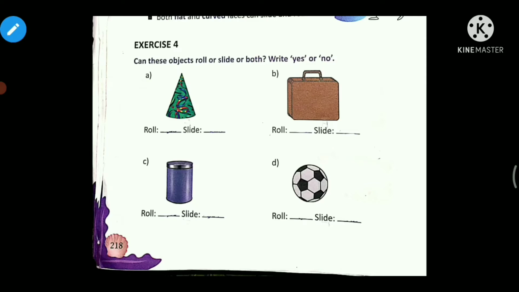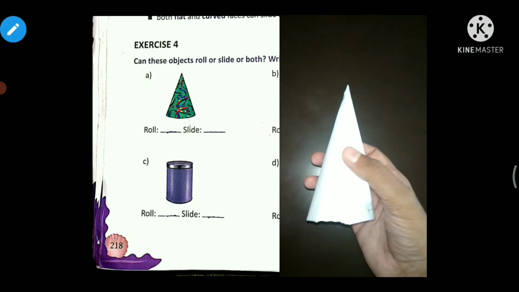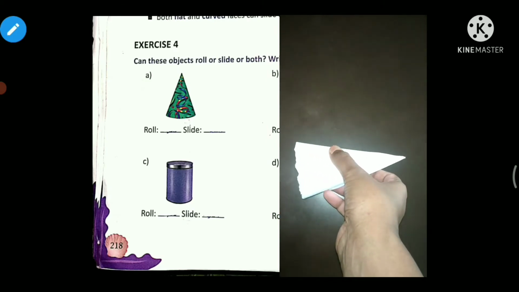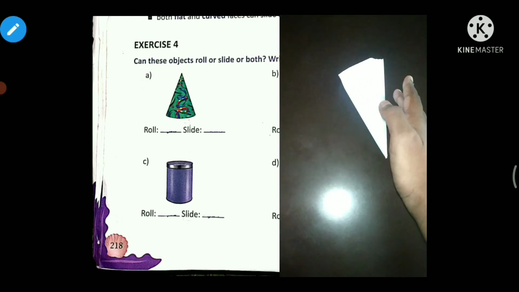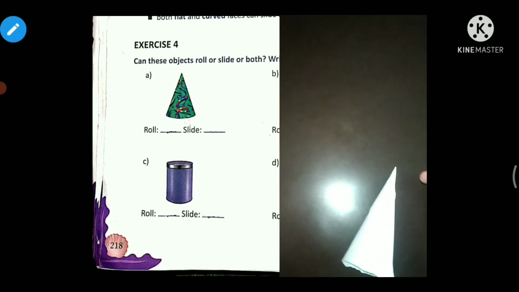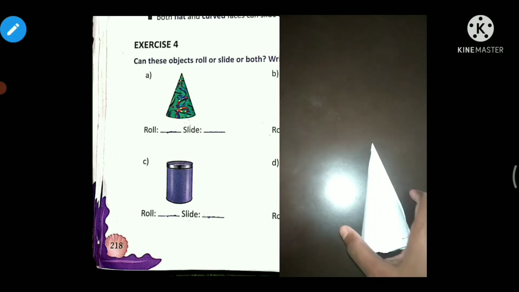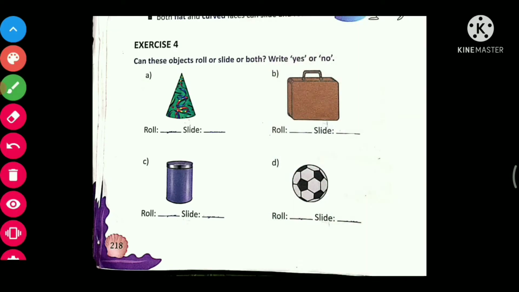Can these objects roll or slide or both? Write yes or no. So see the first one. This one is what? A cone, right? So if we move this cone from each side, will it roll? Yes, it will roll.